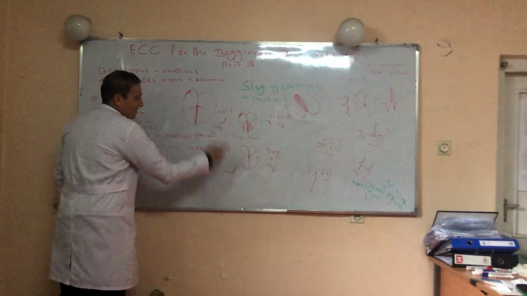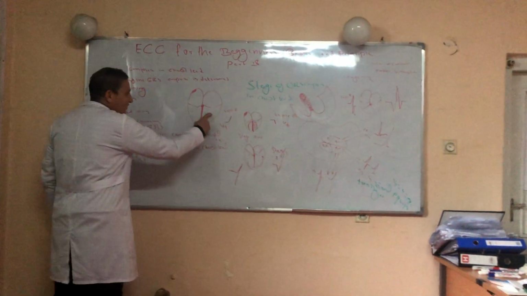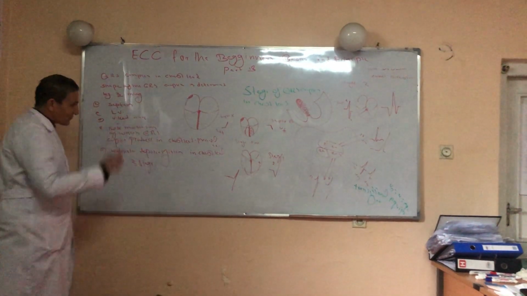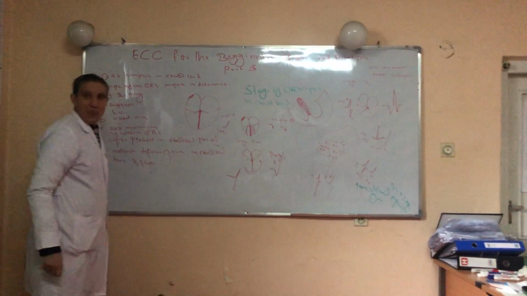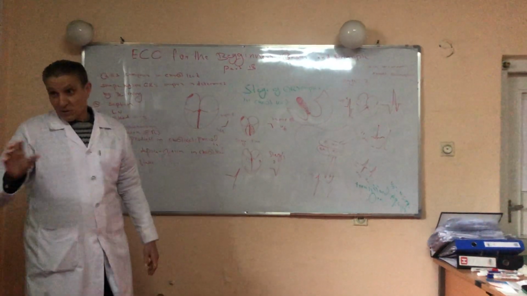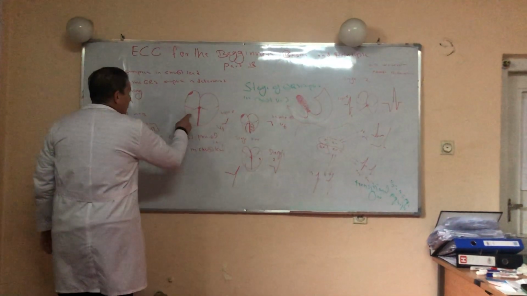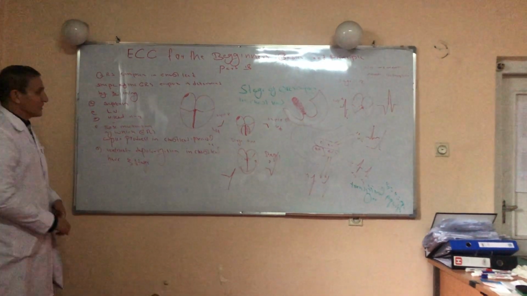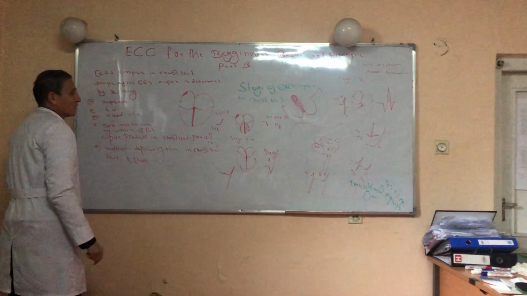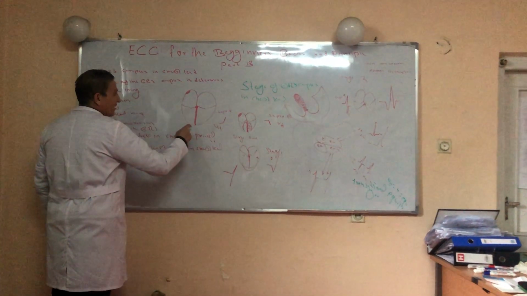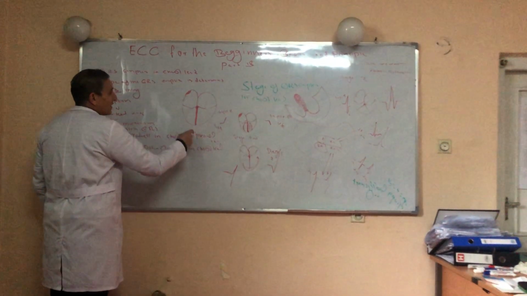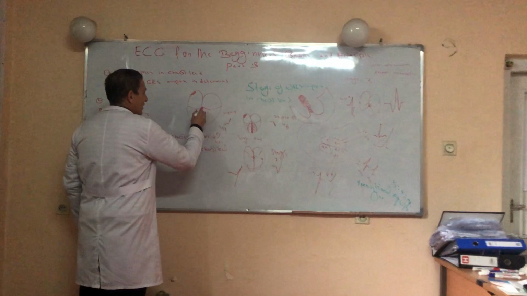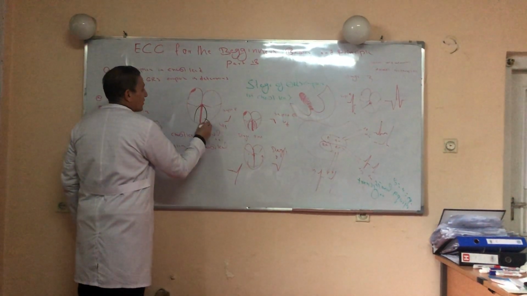The septum is a part of the ventricle which is located between the right ventricle and left ventricle, and the septum is depolarized by the left bundle branch from down to up and from left to right. This is a key point in ECG when you want to study the QRS complex. The main factor which plays a major role in the QRS complex in V leads is the septum. This is the bundle branch.